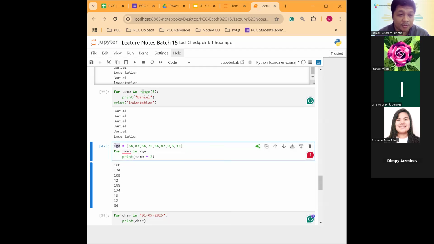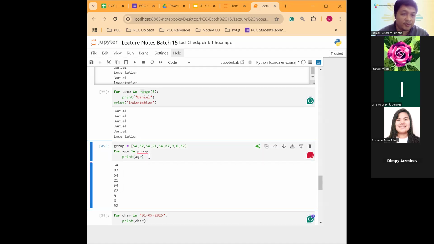Actually, age should be here. Maybe we can say this is a group, and this is the age of each individual person in the group. So now it's making more sense that we are attaching meaning to our variables, because you're not going to be using variables like temp in an actual setting. You're going to be using actual names that have meaning. So for age in group, you actually know that their ages are the following,